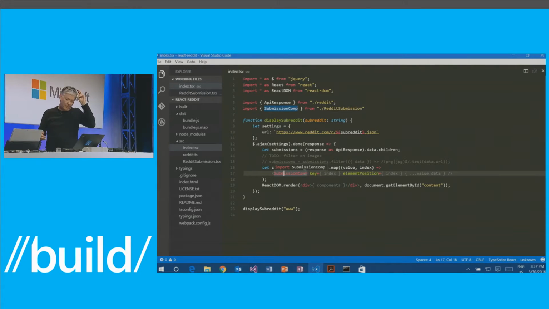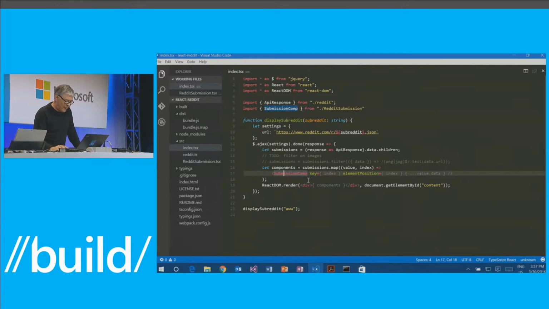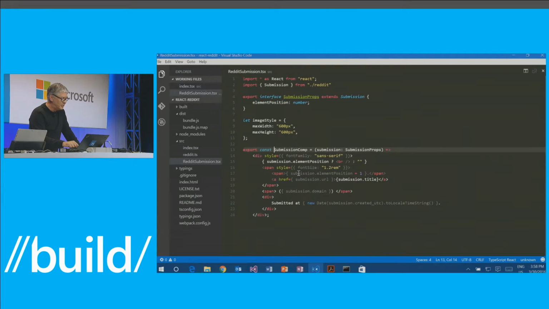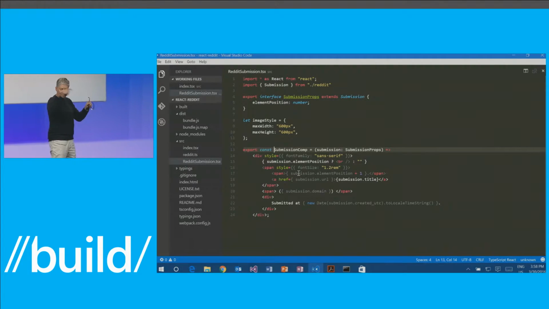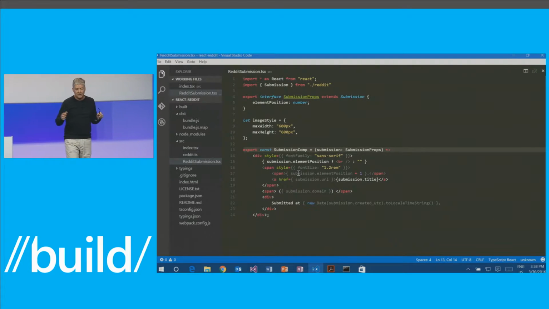And so here, for example, you see that the program renders a div and puts inside that div these components that in turn are a list of submission components. And if I now go to definition here by pressing F12, you'll see that we actually understand the markup and we allow you to go to definition on markup components and jump around to where that component was declared.